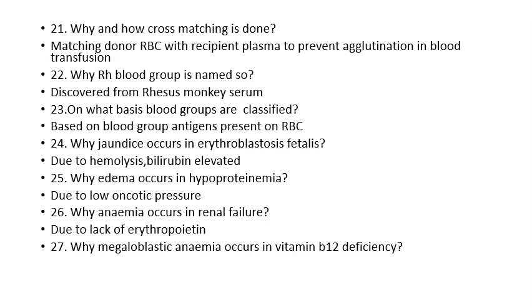The last question, why does megaloblastic anemia occur in vitamin B12 deficiency? Vitamin B12 is required for the maturation of the RBC. Lack of this B12 leads to immature RBC, and large size RBC will be there. And because of this large size RBC or megaloblast, there is anemia called